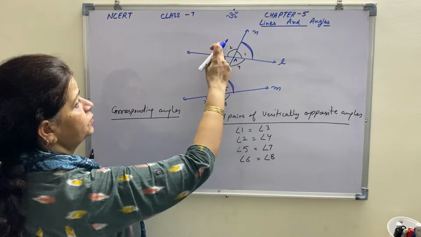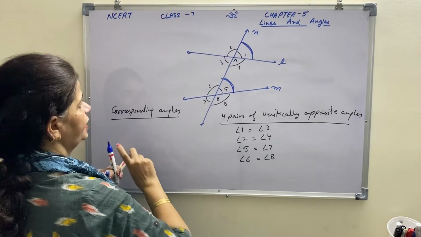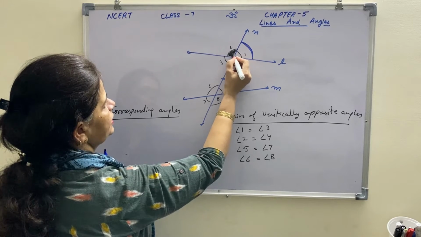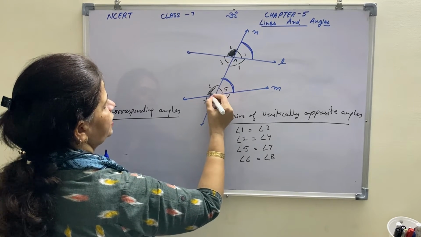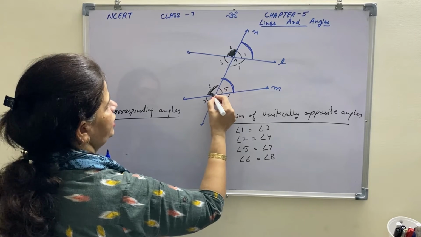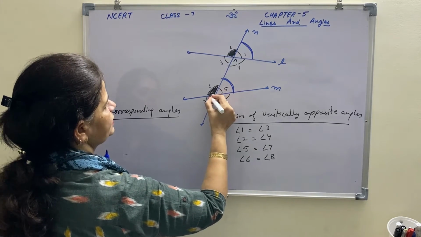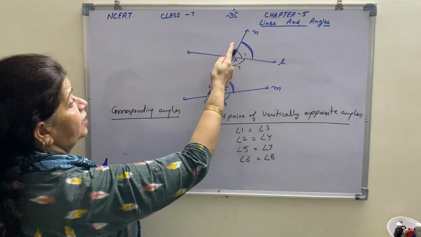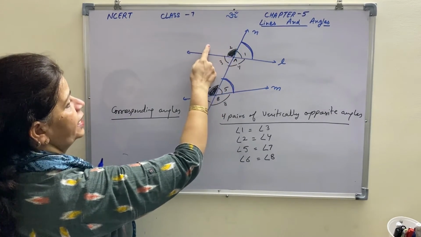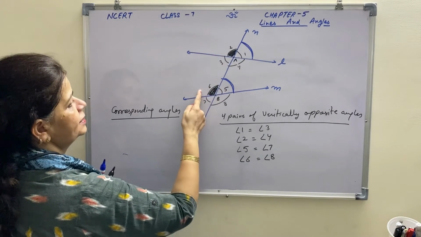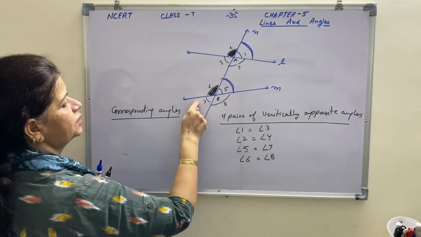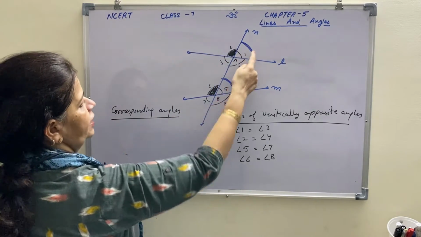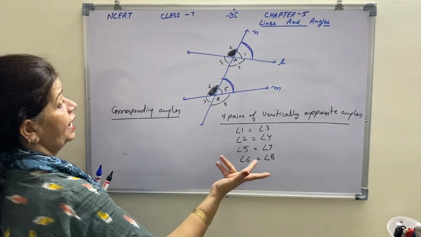Similarly, another pair is 2 and 6. You can mark them like this and this, you can identify them easily. Here 2 and 6 is another pair of corresponding angles, because 2 is on the left side and the upper angle of line L, and 6 is also on the left side and it is the upper angle of line M. So 2 and 6 is another pair of corresponding, 1 and 5 is the first pair of corresponding, and other than